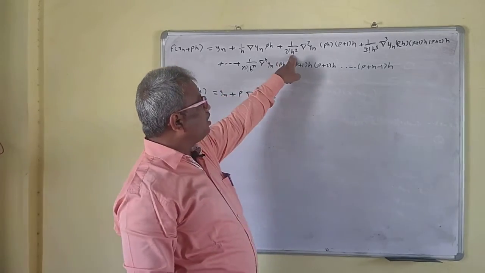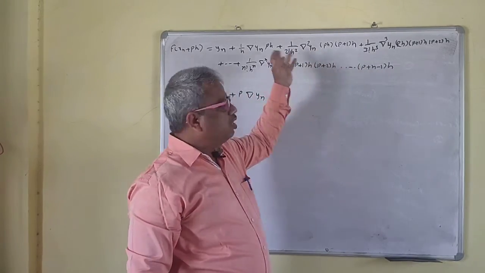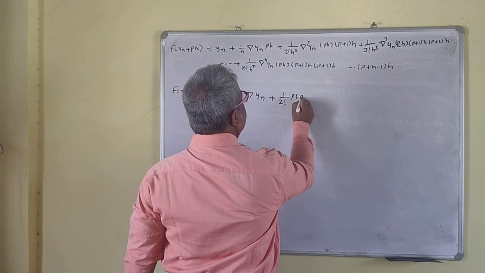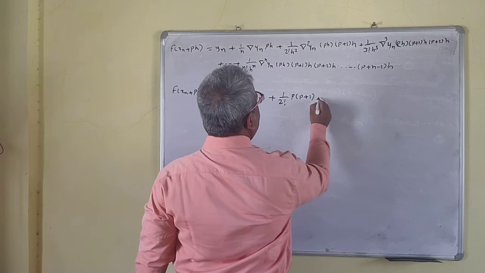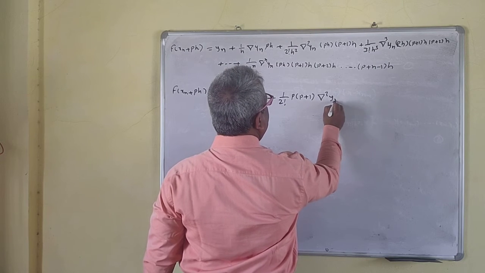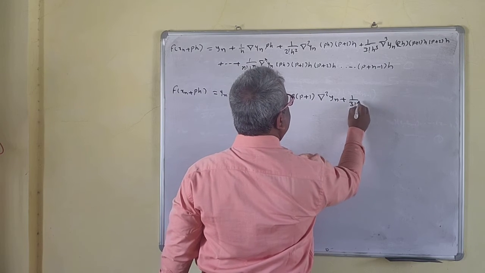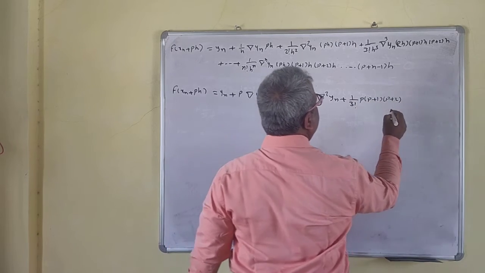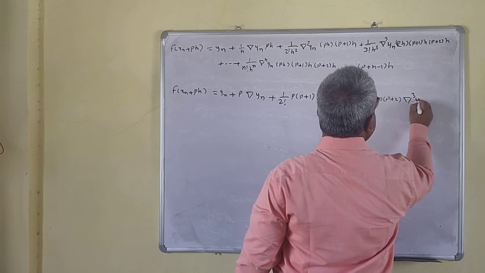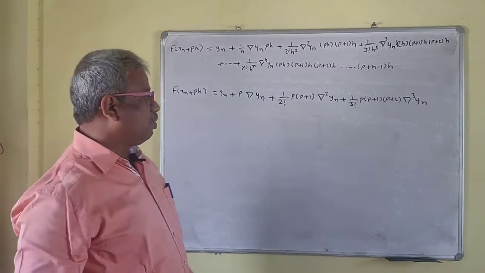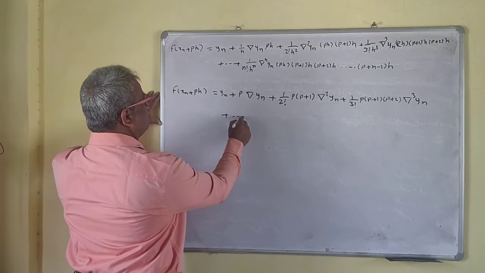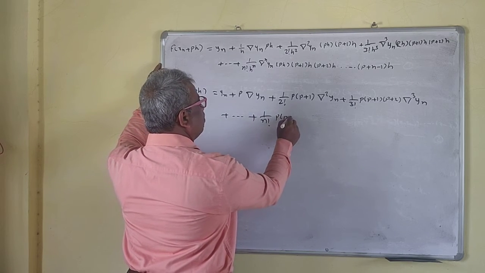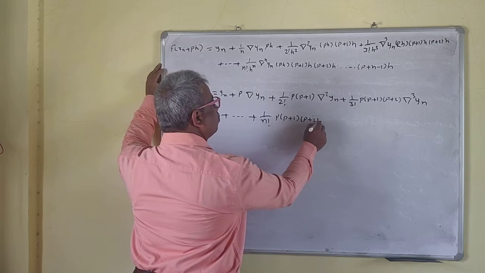Now this is h square. h into h will be h square. h square gets cancelled. So this is 1 upon 2 factorial p into p plus 1, second backward at yn, plus 1 upon 3 factorial p into p plus 1 into p plus 2, third backward at yn, plus dot dot dot plus 1 upon n factorial p into p plus 1 into p plus 2 dot dot dot